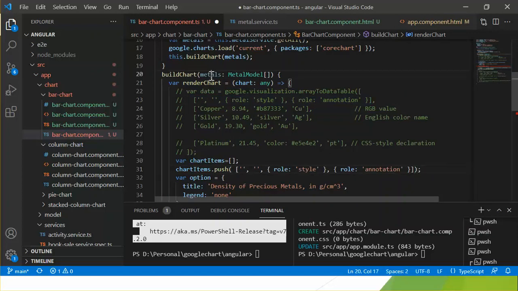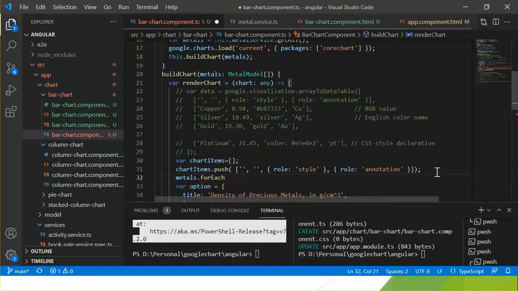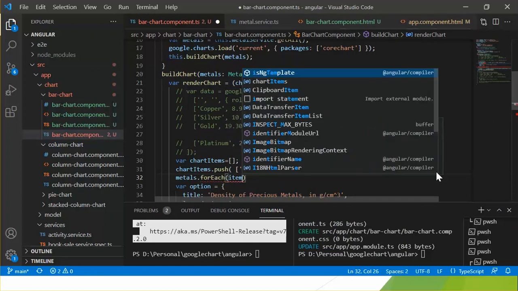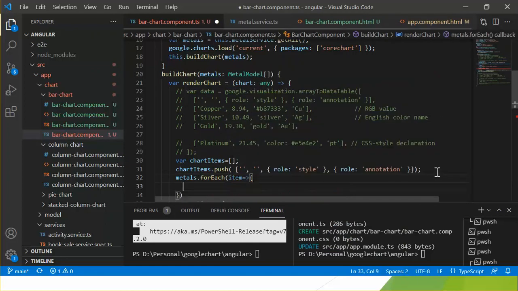Let's iterate the metals array with a for-of loop, declaring item.